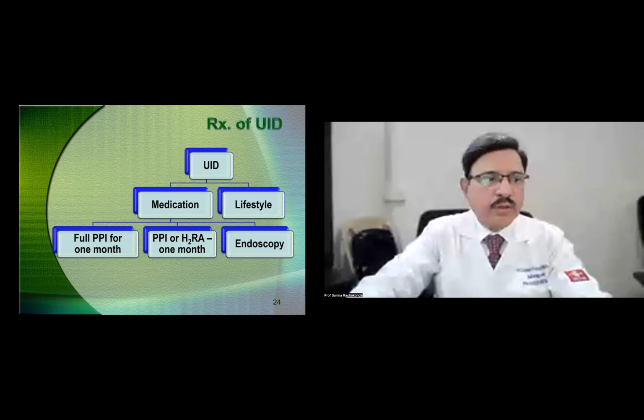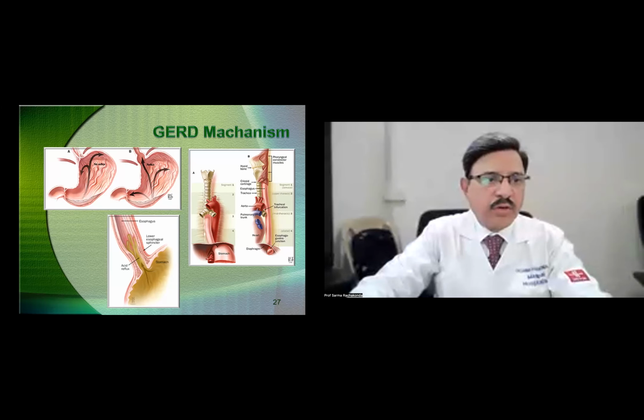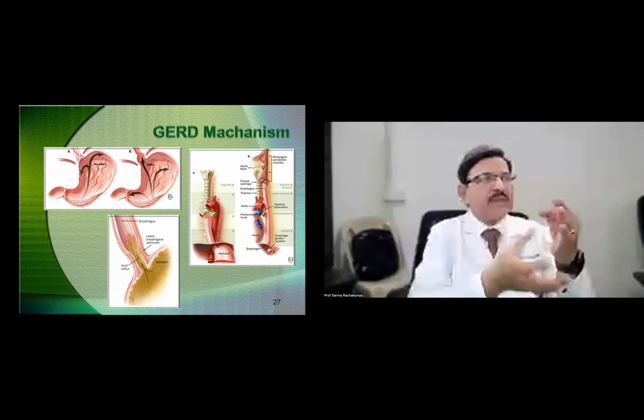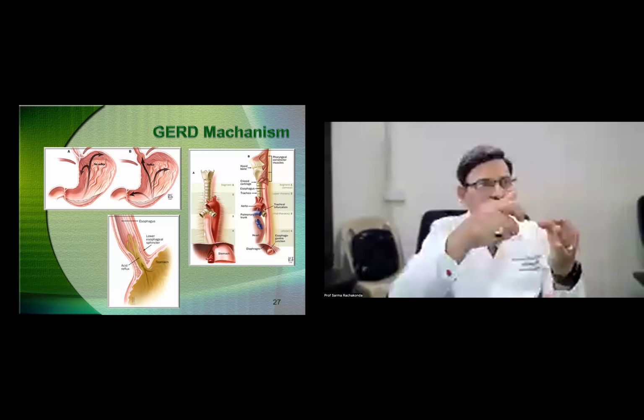Now, I wanted to dilate a bit on this mechanism. See, there is what is called the lower esophageal sphincter. Normally, the stomach is like a bag, a mixie, where you put something, switch on, exactly that's what it does. A mixie runs for 1 or 2 minutes, this runs for 2 hours. Slowly, the stomach's peristaltic movements contract the stomach and make the digestion of all the contents possible. For that, it requires acid, it requires pepsin, and it requires peristaltic contraction.